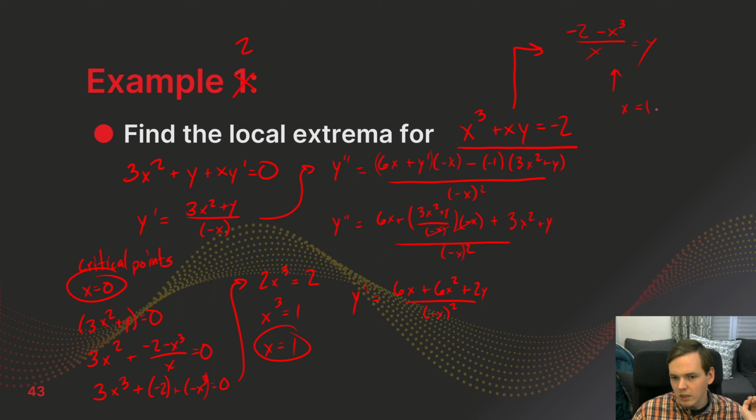X equals 1 implies that y equals negative 2 minus 1, which would be negative 3 over 1. So y equals negative 3. Coming down here, y double prime is 6 plus 6 plus negative 6 over 1. So that's going to be positive. That means that this is concave up. So that puts us with a local min